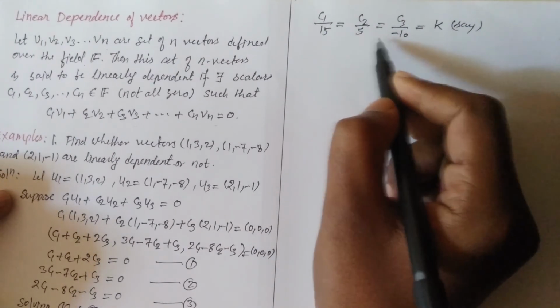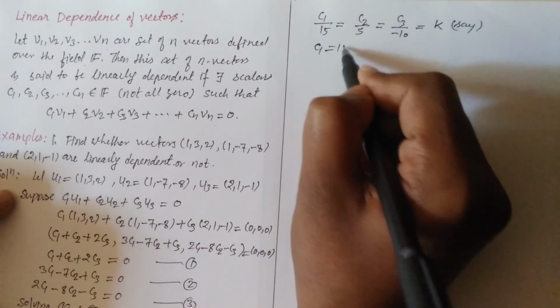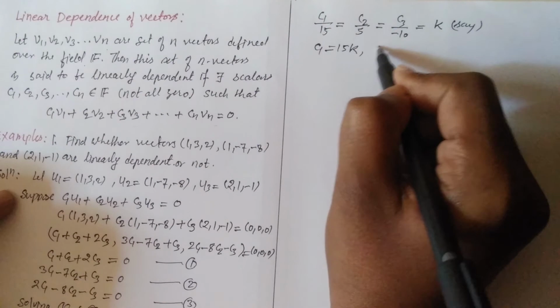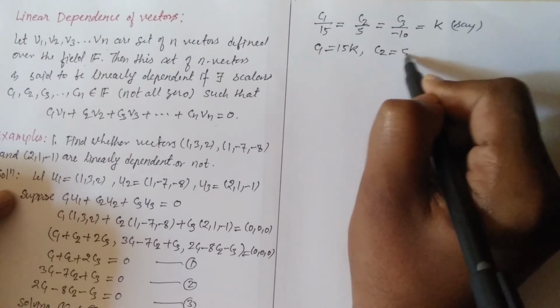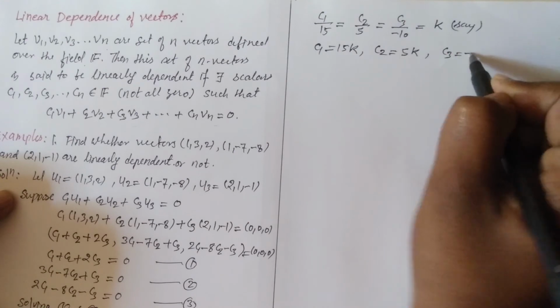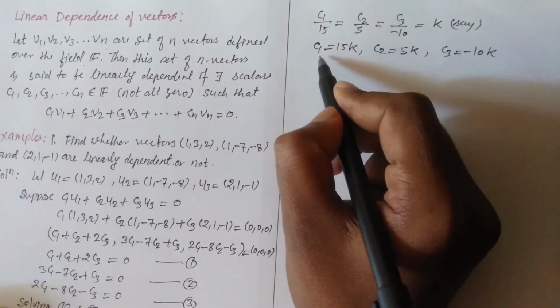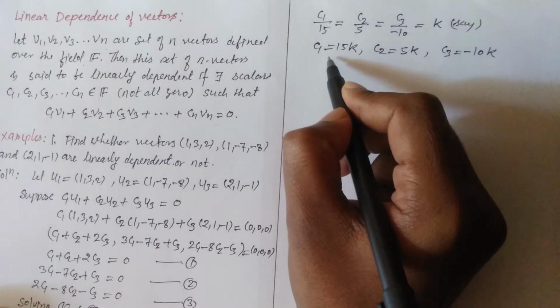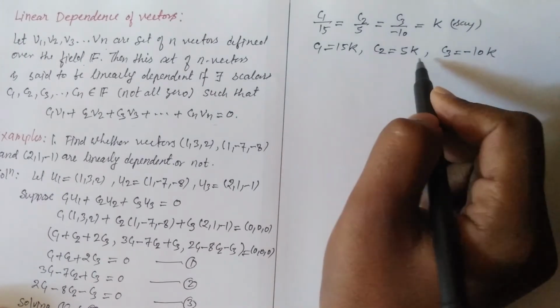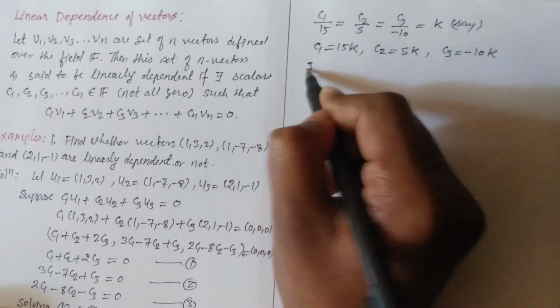Now cross multiplying, we will have C1 equal to 15 times K, C2 equal to 5 times K, and C3 equal to minus 10 times K. Now putting these values of C1, C2, C3 in equation number 3. So equation number 3 implies